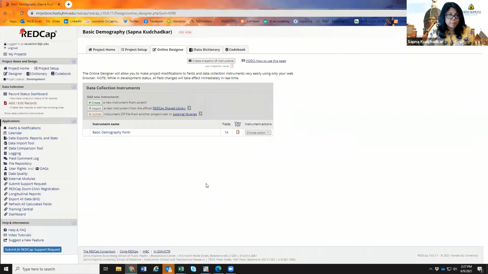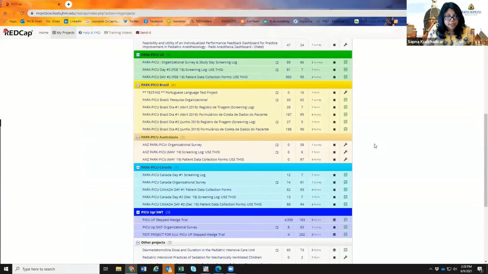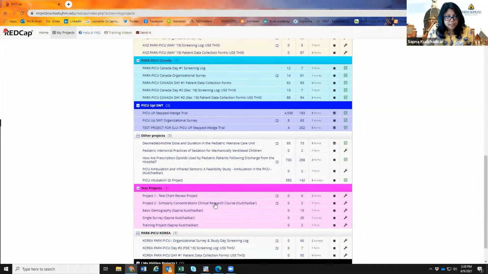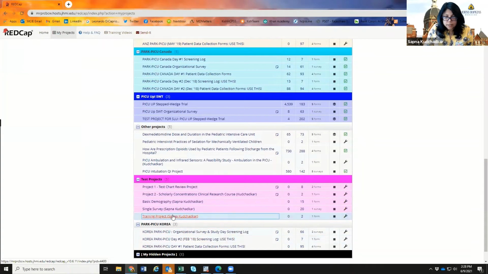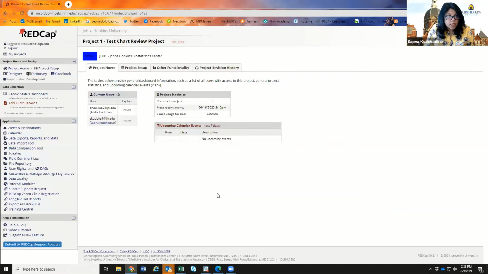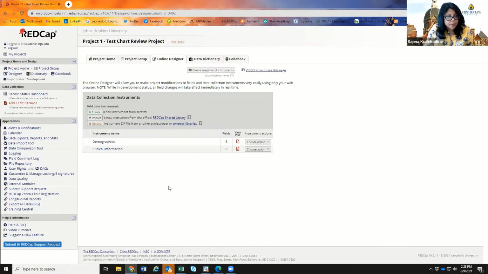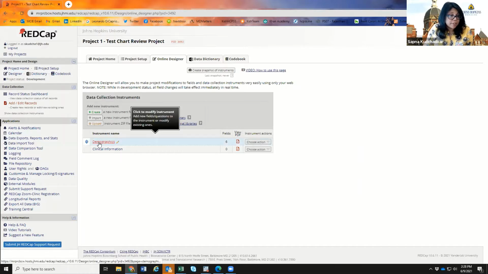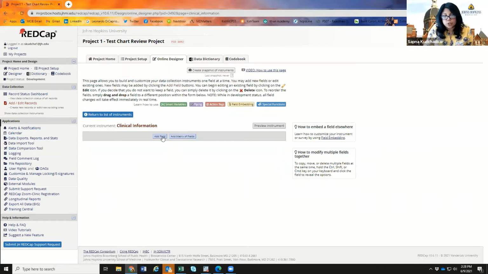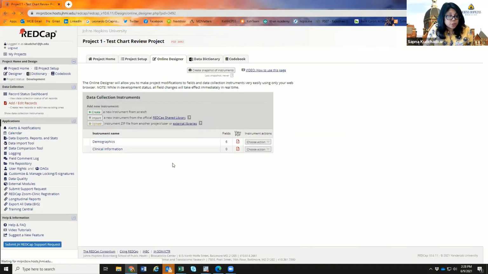Nope. Okay, great. All right, so moving on, let's go back to the other options you have for templates. Here there's a single survey, let's do a test chart review project. A lot of you are doing chart reviews. So we're going to go back to the designer, and you can see this one has a demographic set up, but also a clinical information sheet set up as well. Right now this one has no fields, but